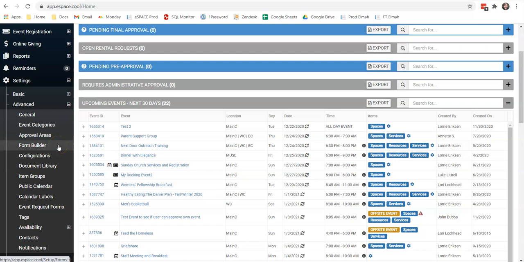You also have the form builder, which needs to be required for any forms or for any items that are selected. You have the ability to have mandatory questions that are asked for them to book those items. So you could fill those out here. Configurations would be when I'm setting up my rooms, how exactly I'd like them to look, how are they going to be configured. Those all need to be predefined here under configurations,